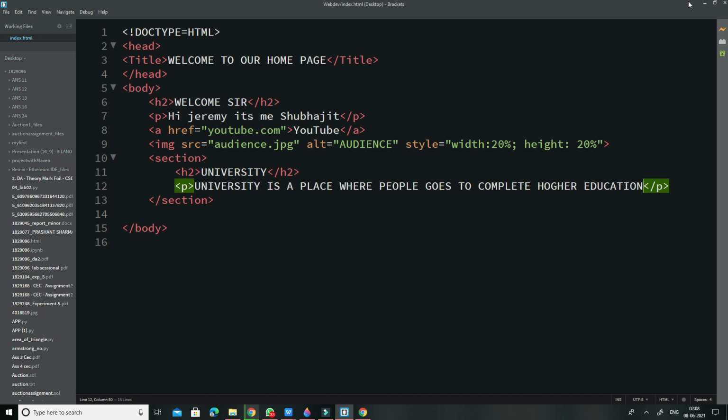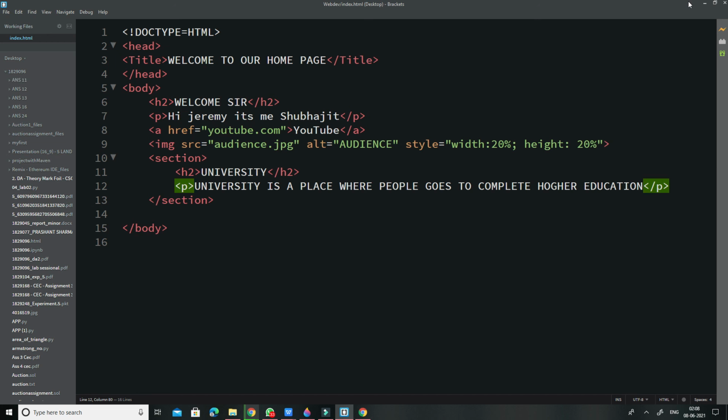So where we were at HTML semantics. Basically, HTML semantics are a set of elements that clearly define their meaning both to the browser and the developer.